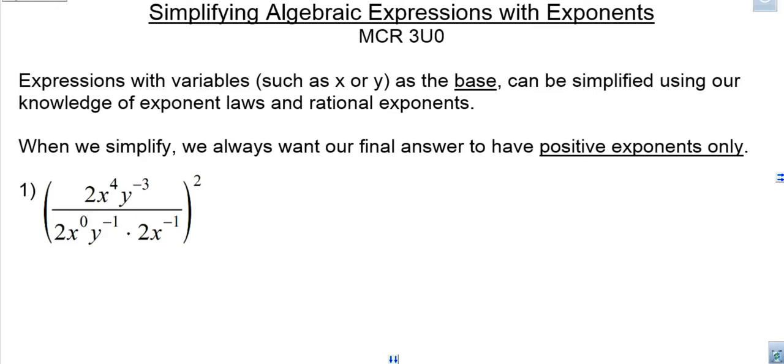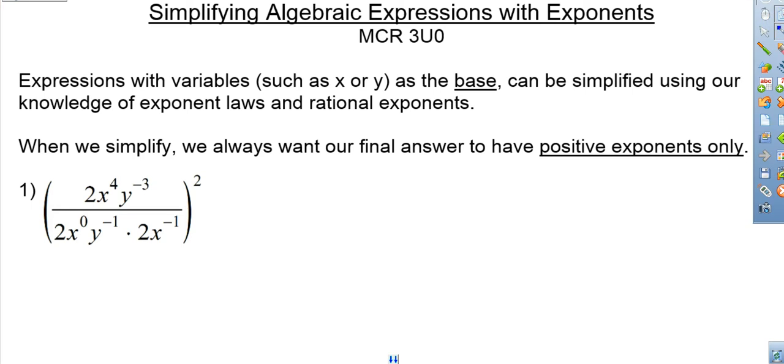Simplifying algebraic expressions with exponents. What we're going to see in this section is that the bases of the exponents are not going to be whole numbers like 5 or 2, but they'll be variables, so x, y, a, b, c, any sort of letter. So we want to be able to simplify these expressions using our knowledge of exponent laws and perhaps also rational exponents as well. Now, it's very important when we simplify, we always want our final answer to have positive exponents